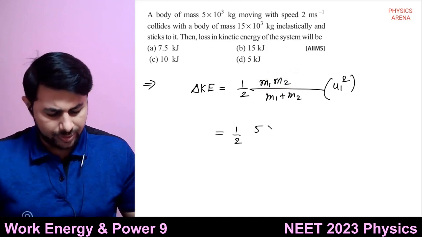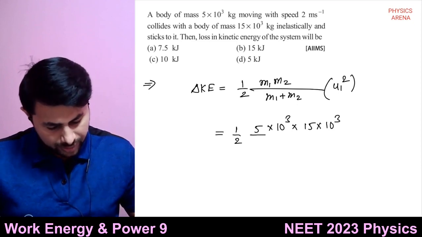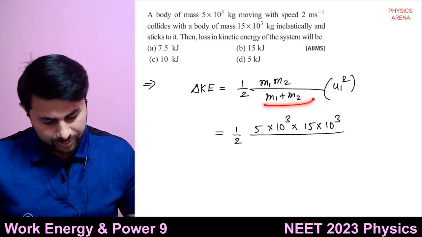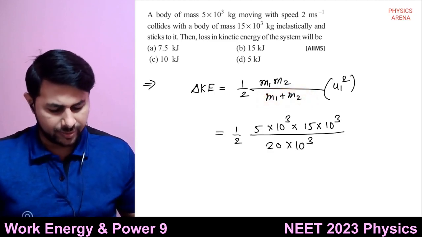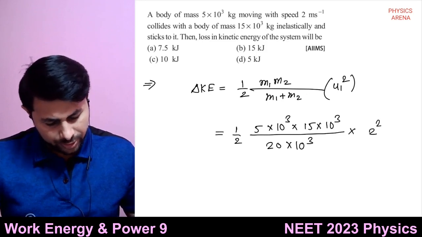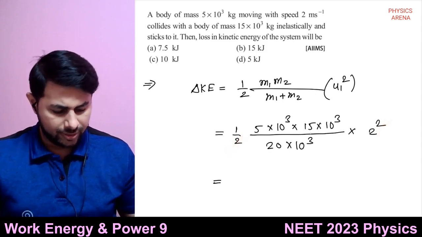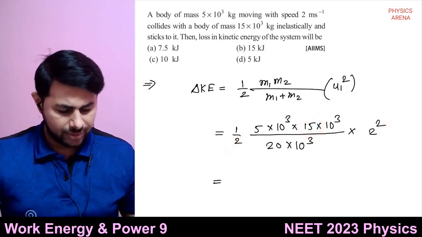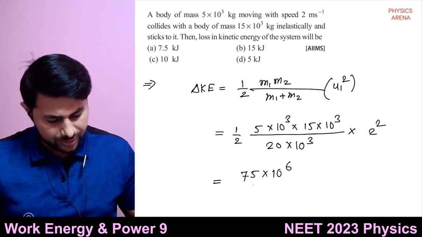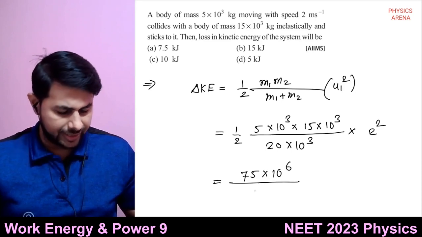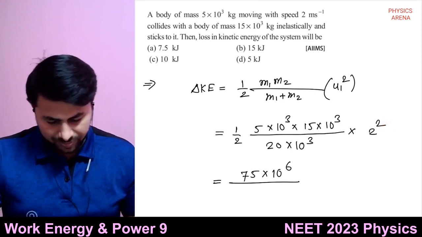So it is 5 multiplied by 10 raised to 3 multiplied by 15 multiplied by 10 raised to 3 divided by m1 plus m2. It is 20 multiplied by 10 raised to 3, multiplied by 2 square. So one of the two gets cancelled out. 15 times 5 is 75. 75 multiplied by 10 raised to 6 divided by just 2 into 10 raised to 4, and that 2 gets cancelled out with another 2 from here. So it is 10 raised to 4,